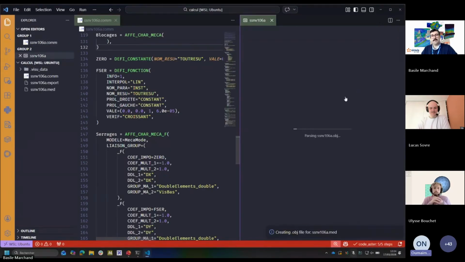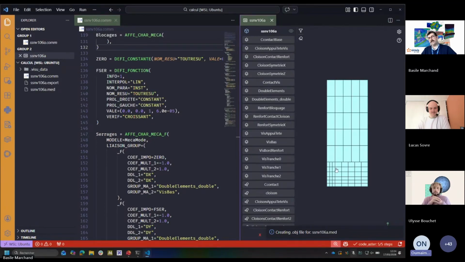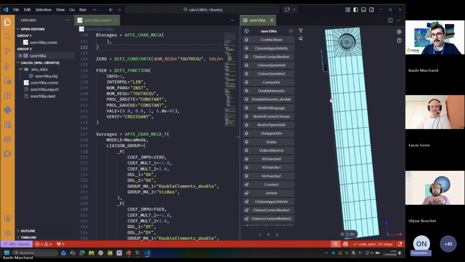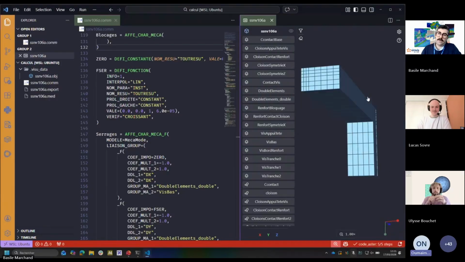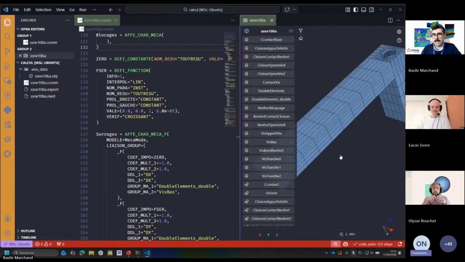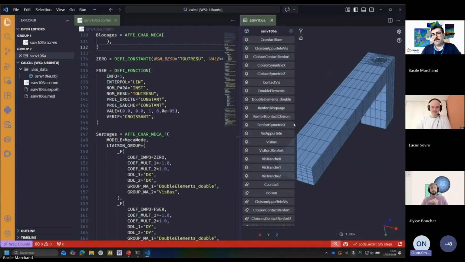and you can visualize the mesh. The first time, the mesh, the med file, is converted into an obj file. It's another structure, in fact. And that's why we need MED coupling in the installation, because to convert the med into obj, we need to use MED coupling. And you have a visualizer where you can look at your mesh,